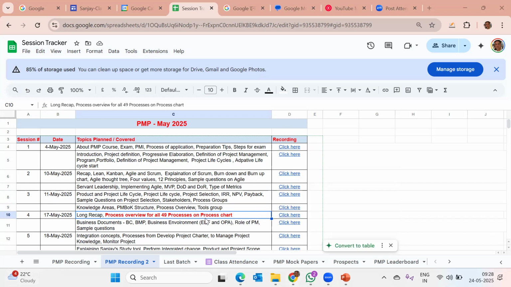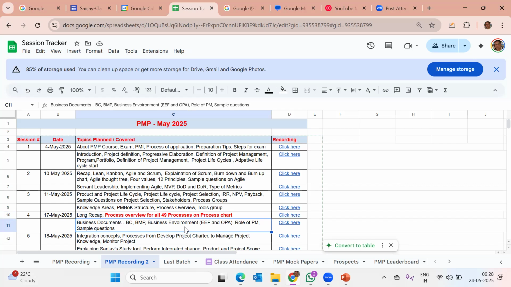We have understood where those 14 are at a broad level, not deeper. Deeper we are going later. Then we started with two types of documents called the business case and benefit management plan, which are under a broader thing called business documents, because those documents are created before the project is created. The very reason why a project is created is that, and that's where it's very important to get the business case and benefit management plan.